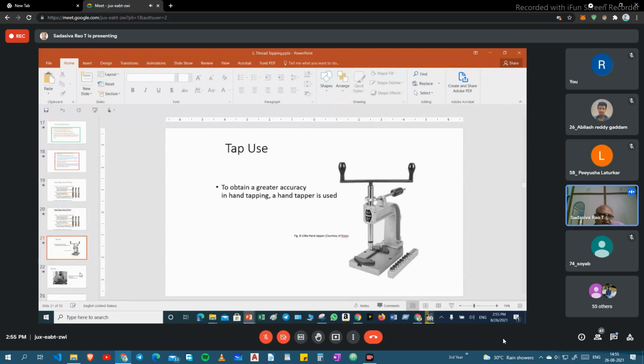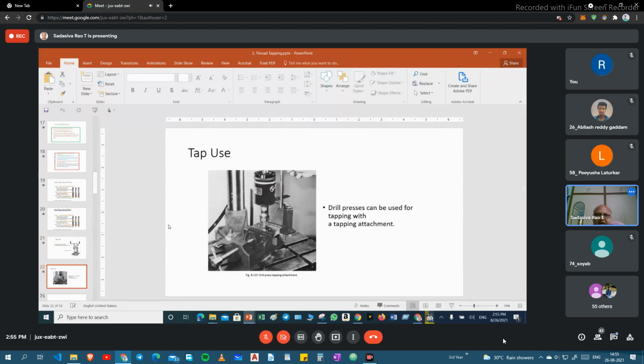And another, this is the drilling machine, drill press actually, and in the drill press also we can keep those taps, but we are discussing with the hand only. We can do it in this way also. That is different. So these are not required for you. Same thing, I will send this.